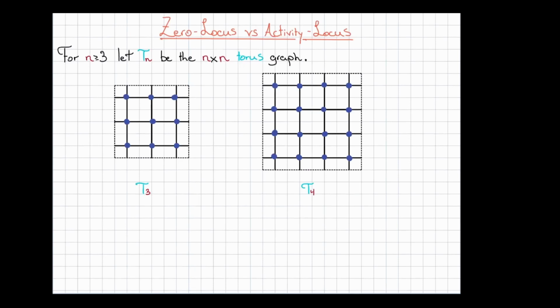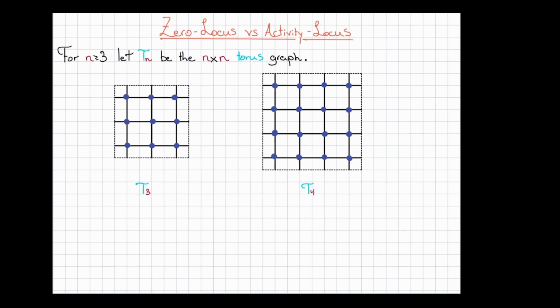This theory of zeros, of the zero locus and activity locus being equal, is true in different settings as well. For example, in different models and different graph classes, such as the Ising model on bounded degree graphs. But here is a setting where we look at